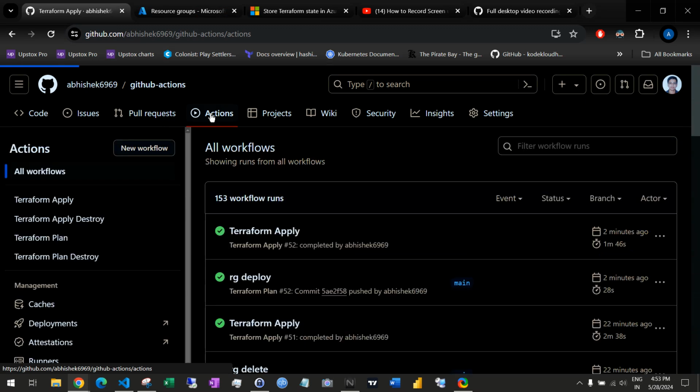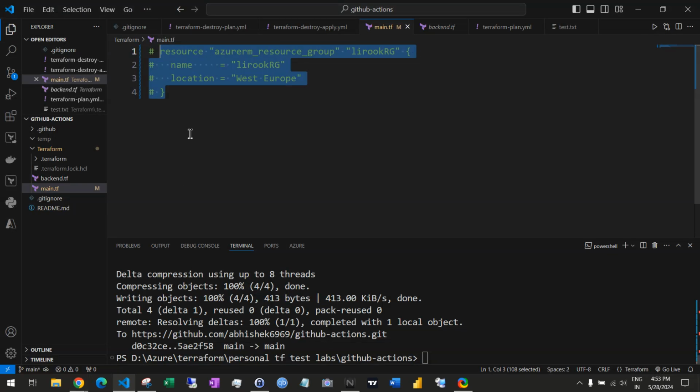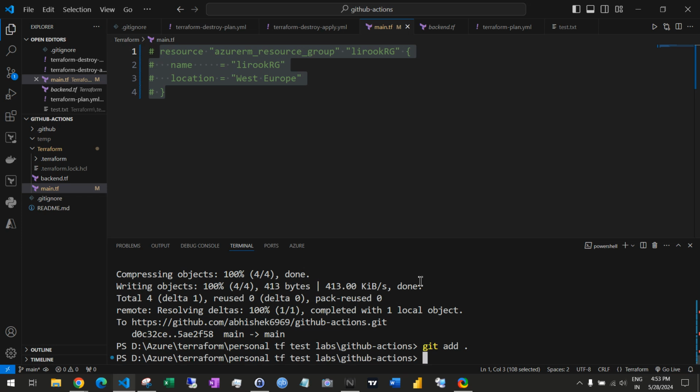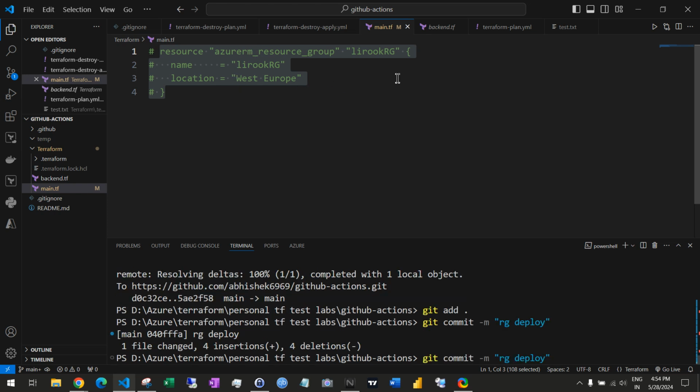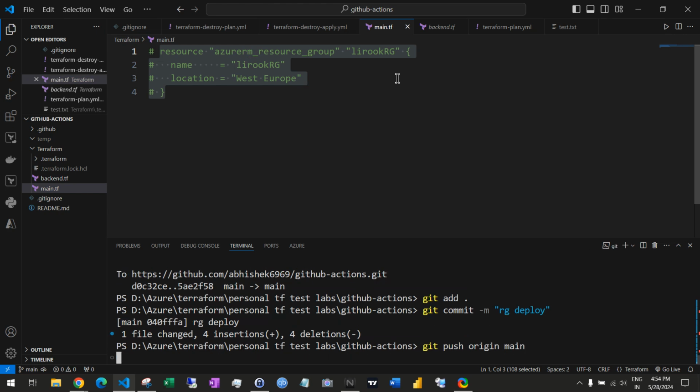It's going to work in a similar way. This is the plan destroy pipeline, and then the apply destroy pipeline, which will be triggered once this is successful, and it will follow the same approval process like I just showed. But for now, I'm going to comment it out and simply follow the normal workflow. Terraform will detect that there is nothing in this configuration file, so it will destroy the infrastructure to match the configuration file with the infrastructure. So if I push it again now,